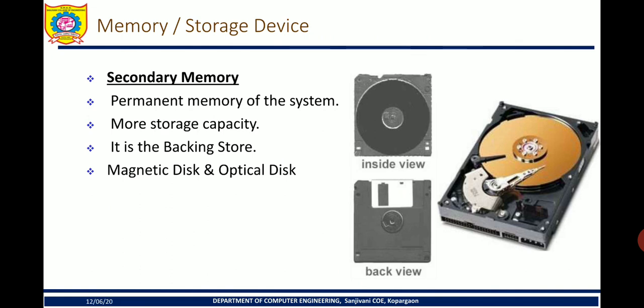Nobody is using floppy disk nowadays, but that was one old version, so I have put it. Floppy disk also uses magnetic disks for writing. Hard disk also has magnetic disks for writing. In our theory lectures we are also going to see the various ways of storing and retrieving data on a hard disk, called RAID formations. We'll be discussing that when the syllabus goes forward.